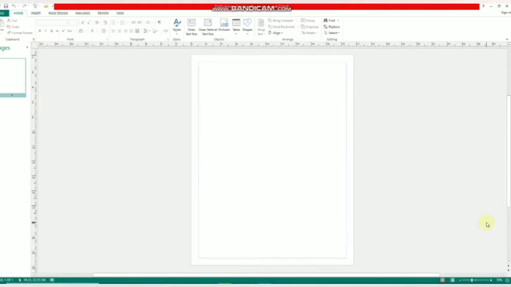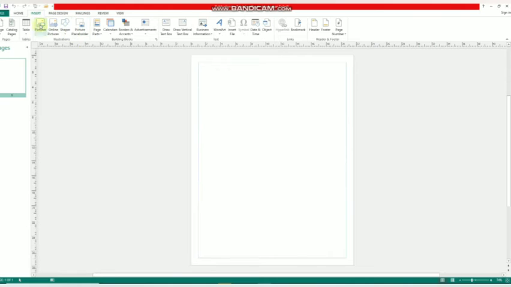In Publisher, the options to insert picture and various shapes are available in the Illustration group on the Insert tab. So you can see here in the Insert tab, this is the Illustration group. You can see here you can insert pictures, online picture, shape, picture placeholder, and this is the building blocks part.